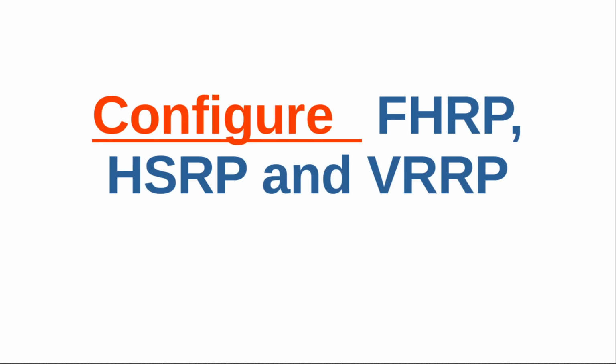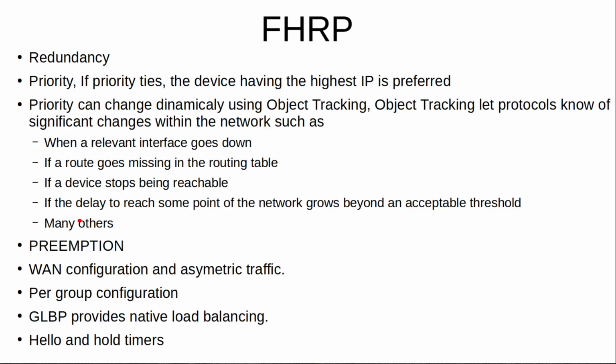Configure first hop redundancy protocols. What these protocols do is provide you with a redundancy for your default gateway. So you can have many devices that are willing to become the default gateway. Only one becomes the default gateway by means of using